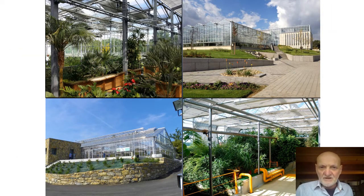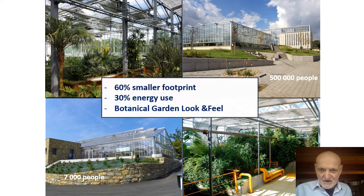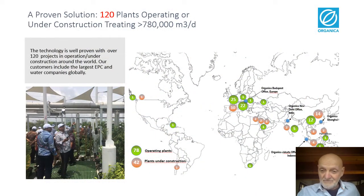Fast forward a few years, and these are various projects we have built around the world. They range in capacity from a few thousand people to hundreds of thousands of people, but they share the same characteristics, that they are all much smaller in footprint, they use less energy, and they have this botanical garden look and feel. Today, there are 120 projects in various stages around the world. In the following slides, I'm going to show you a few examples. Let's start with